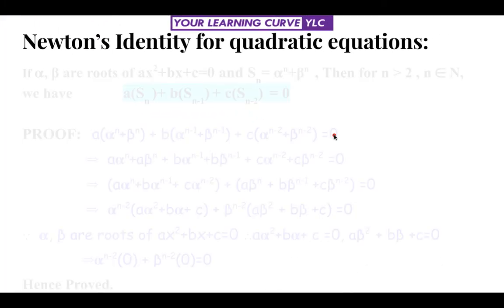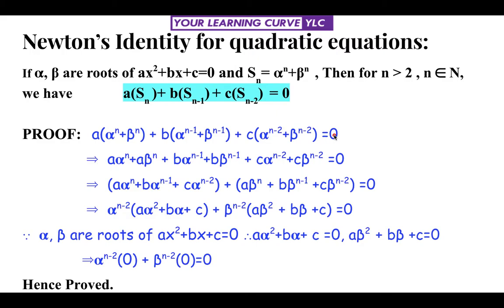Okay. Now let's discuss one very peculiar topic in quadratic equations, that is called Newton's identity for quadratic equations. This identity is not in the syllabus of JEE, but they can define it and ask it. This is a very useful property, especially when higher powers of alpha and beta are involved. Very simple but very useful if higher powers of alpha and beta are involved.